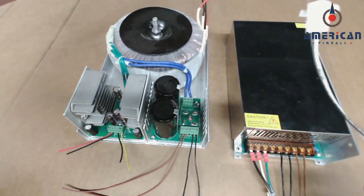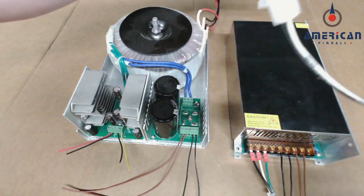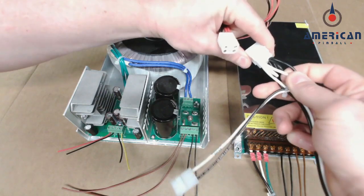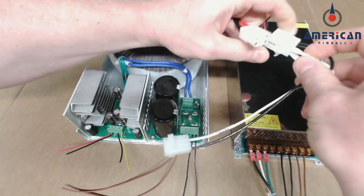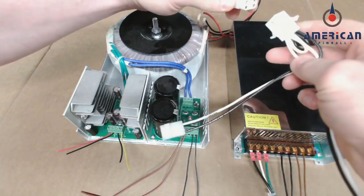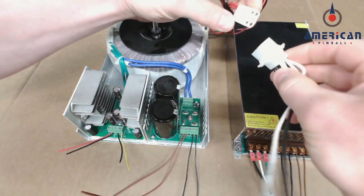So this connection is your AC that will be plugged into a connector towards the back of the game. And what this is going to do is it's going to split the connection. So when you go to connect this up, all this is black for hot or your line voltage, and white is your neutral. And so you'll unplug from the existing connector and you're going to plug in one side. You'll match up, so this, it's keyed, so you're not going to be able to screw it up. So the